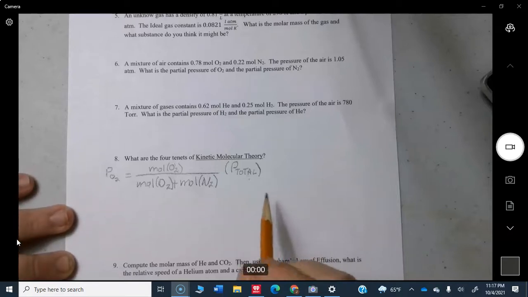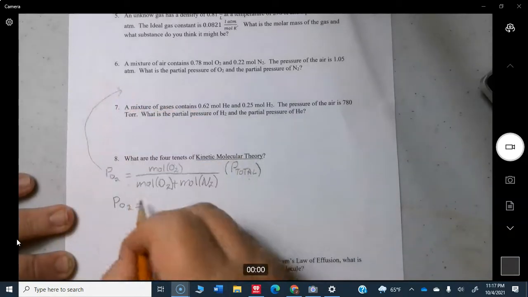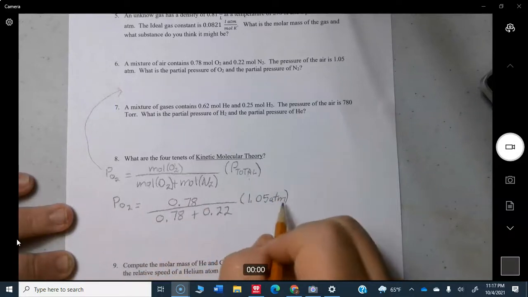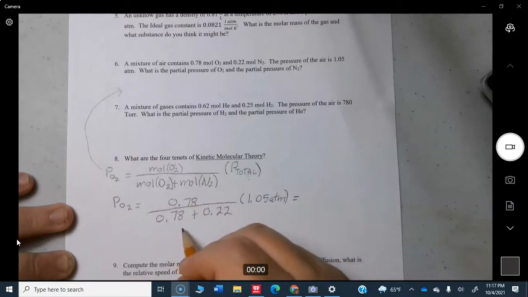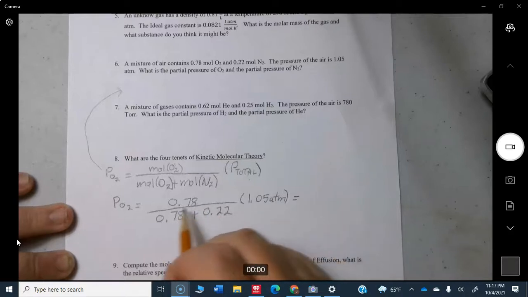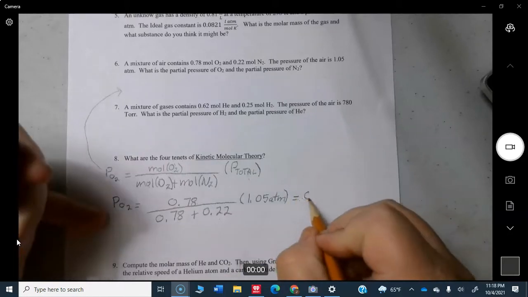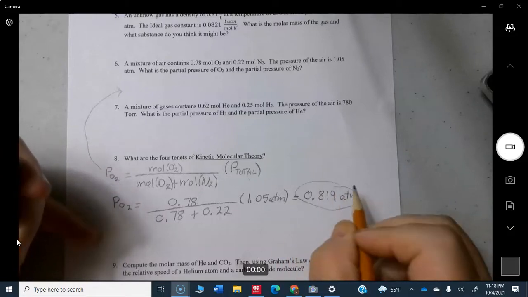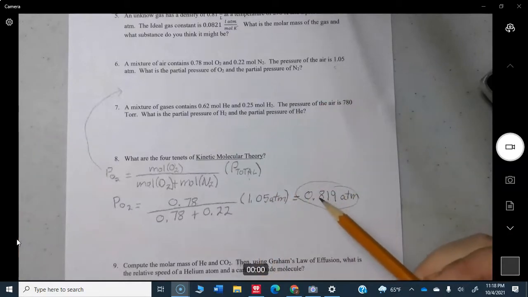So what we're going to do is go ahead and write this. And again, we're doing this problem up here. These are all moles, but the moles are going to cancel out, and you're going to end up with atmospheres. So it's 0.78. 0.78 plus 0.22 is simply 1. So 0.78 divided by 1 is 0.78. So it's going to be 0.78 times 1.05. And that's going to give you 0.819 atmospheres. So of the 1.05 atmospheres of total pressure, about 4/5 of it, about 0.819, is going to be